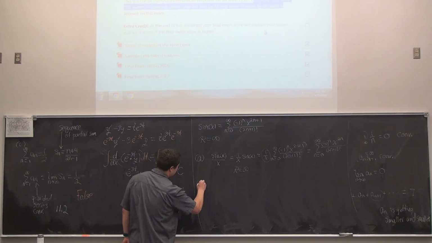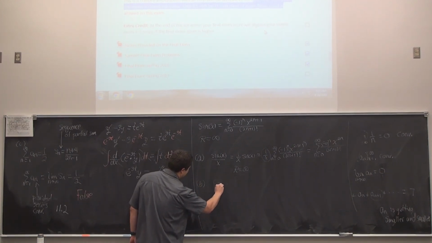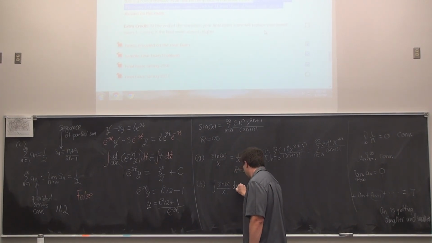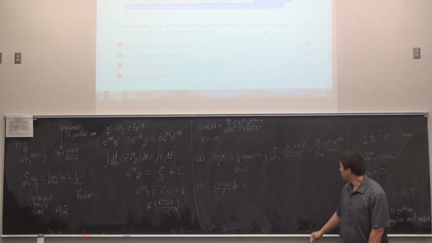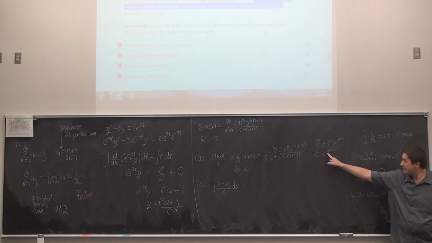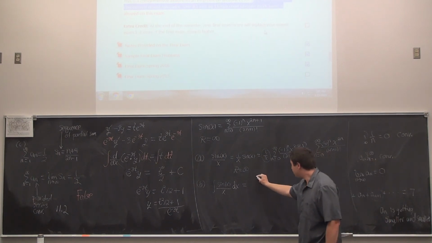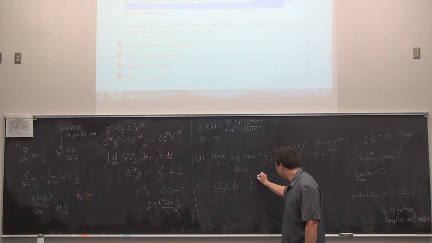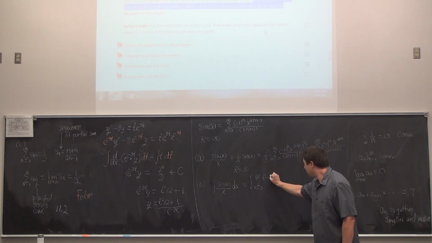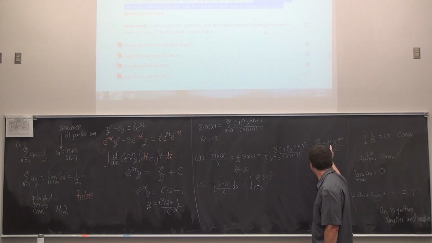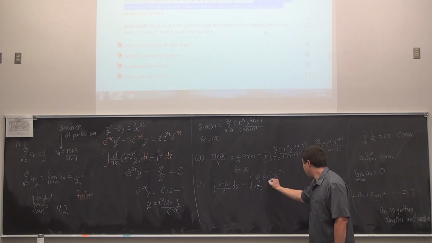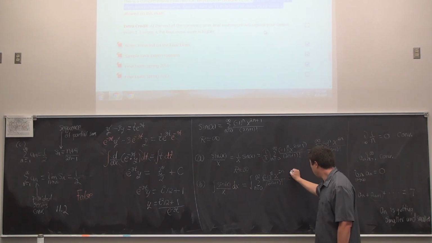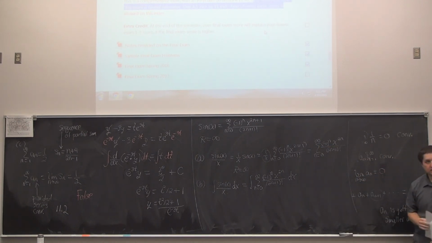Okay, so in part B, it's really just another substitution. We want the antiderivative of sine x divided by x with respect to x. So we'll already have the Maclaurin series representation of that particular function. So we can say now this is going to be the antiderivative as we sum from 0 to infinity of, I'm just copying at this point, that last answer, negative 1 to the n, x to the power of 2n divided by 2n plus 1 factorial and dx.